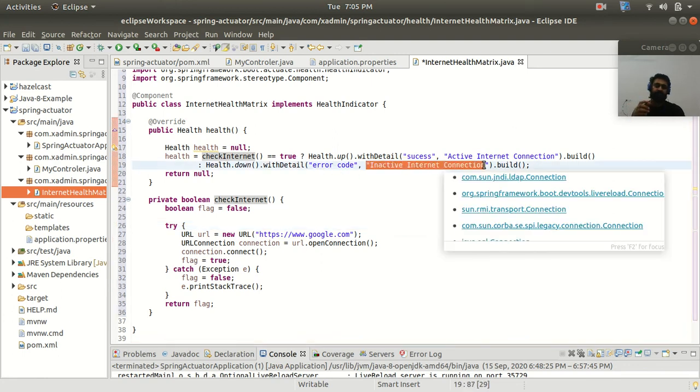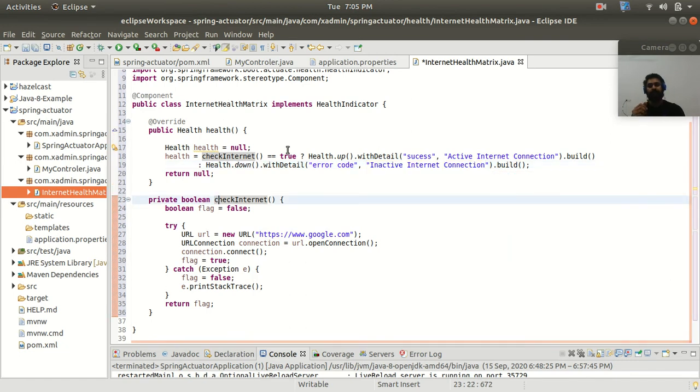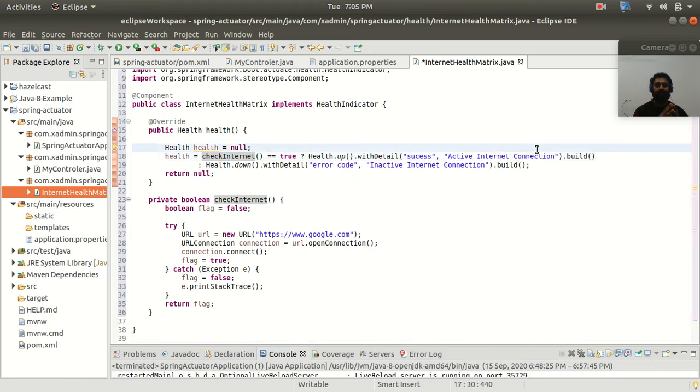And if the internet connection is working fine, then this method is going to return true, and it is going to show us a response key as success, inside which we will get active internet connection in my response. All right.